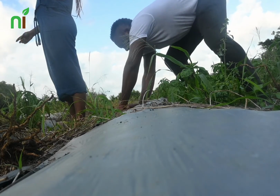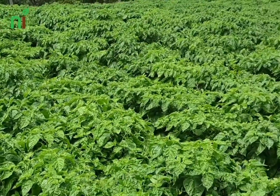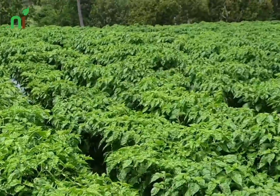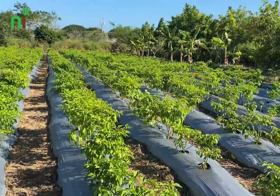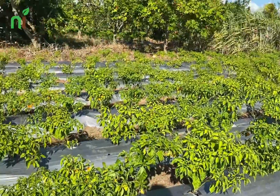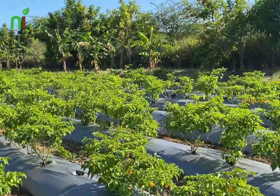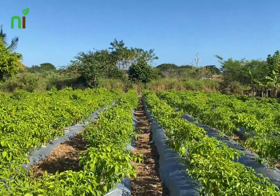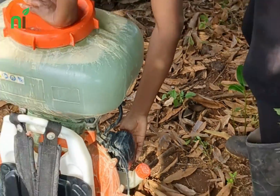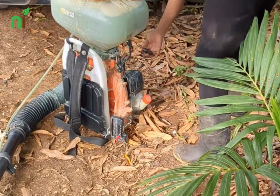Then came the pests, and we had to consider how we were going to manage them. Scotch bonnet peppers are very sensitive to pests and diseases, and we realized that we really have to do preventative monitoring, because once the crop is infested with sucking insects and some diseases, it is very difficult to get it back to full production. So it's best to do preventative measures, and we treat our field at least once every 2 weeks. This includes treatment for sucking insects, such as aphids, mites, thrips, and white flies, and other problems like fungal leaf yellowing, bacterial leaf spots, and leaf curl virus. So we have to include a fungicide and a pesticide